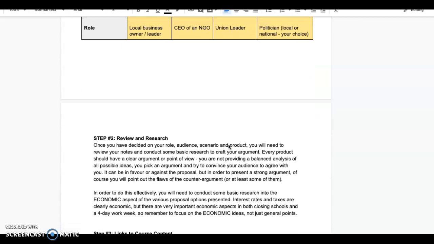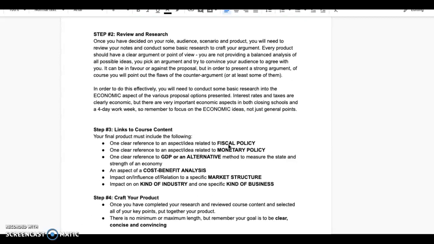No problem. A couple of the details. Once you've figured out what you want to do, how you want to do it, you do need to conduct a little bit of research to familiarize yourself with the arguments in favor and against a 4-day work week. Remind yourself about the job and influence and impact of interest rates, the importance of taxes, and or perhaps various complications or implications of lack of organized school. And of course, that's not just about students, right? That's about daycare, that's about parents working, there's all kinds of spin-off events there. And you can focus on whatever kind of angle that you want,